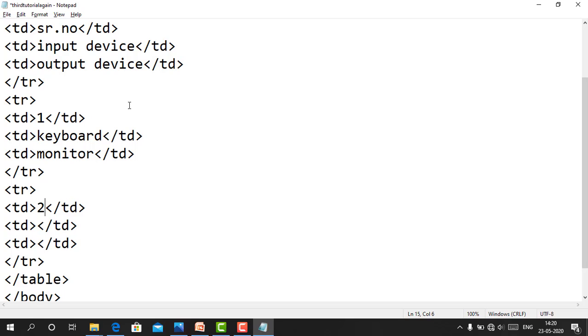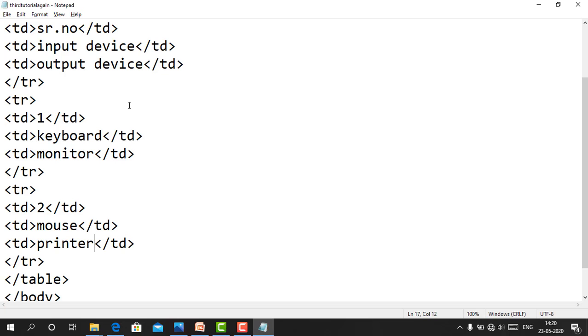Second, mouse, and third, printer. Okay, let's save this program. Alt tab F5. Second row is created, third row is created.